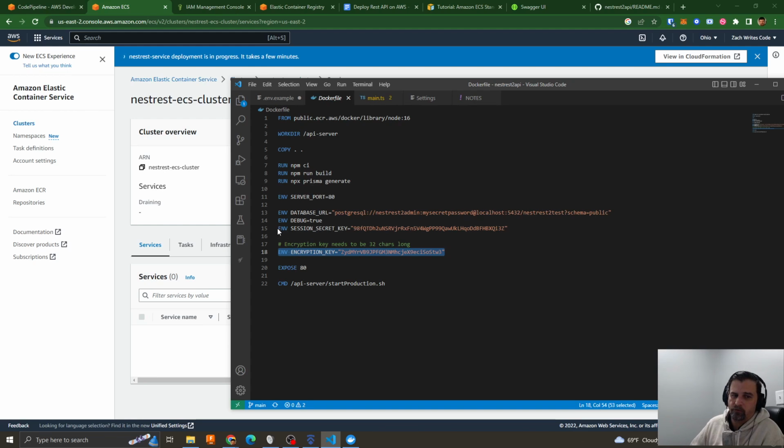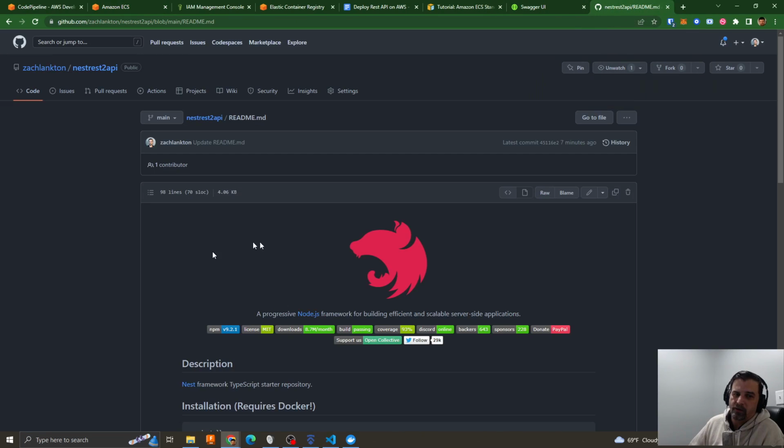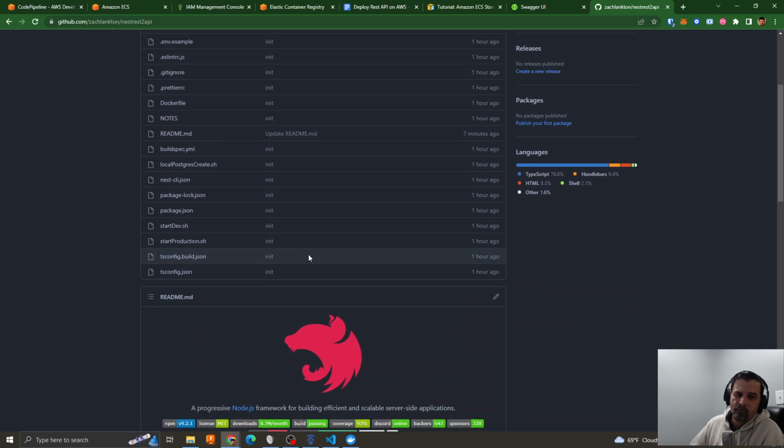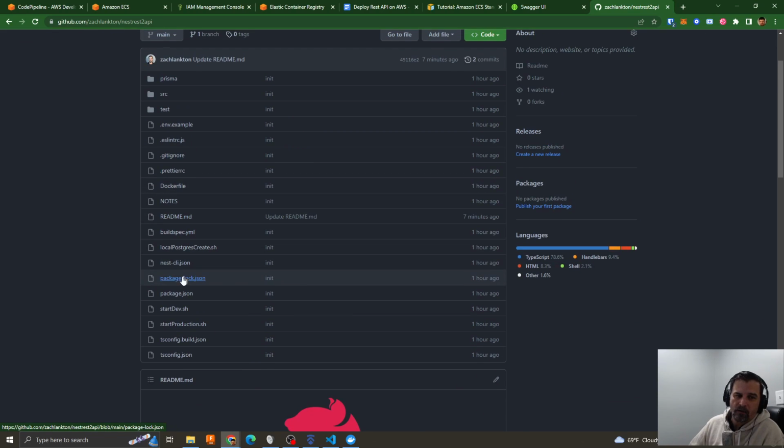Don't do it for so many reasons, but the biggest reason is these keys right now are currently stored in my repository in GitHub. So the entire world could just come to my public repo and open this Docker file and see what my encryption key is